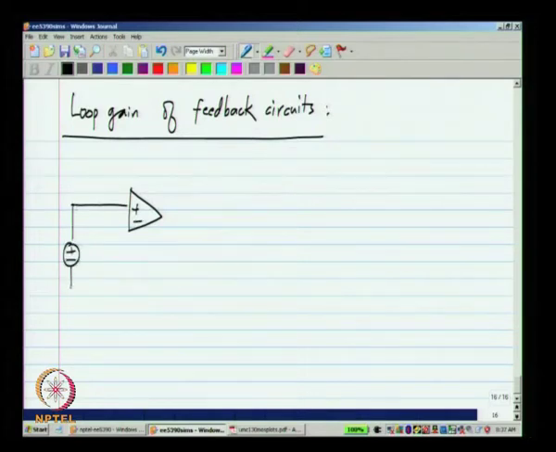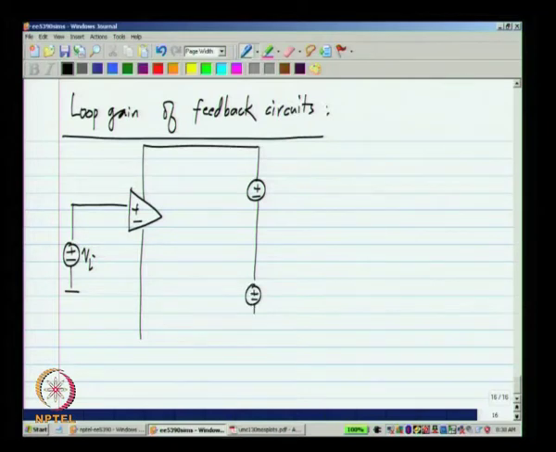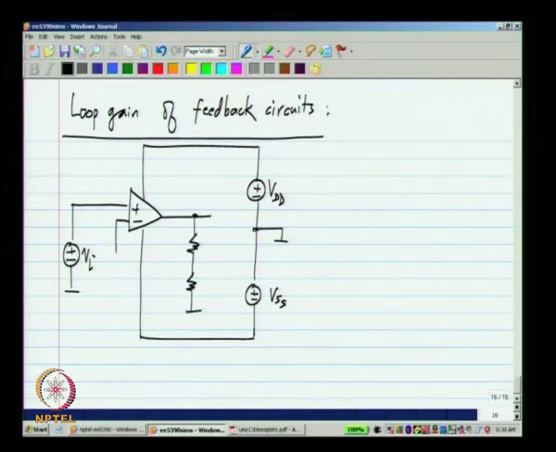Let me take a simple example of an op amp amplifier. I will take the prototype non-inverting amplifier. I will also show the power supply in this case. Obviously, when you use a simulator, you also have to specify all the power supplies. Okay. Now, from here onwards I will omit the power supply, but it is assumed that you have connected them up properly in the simulator. Okay.